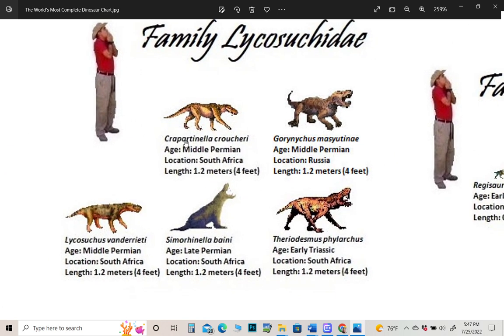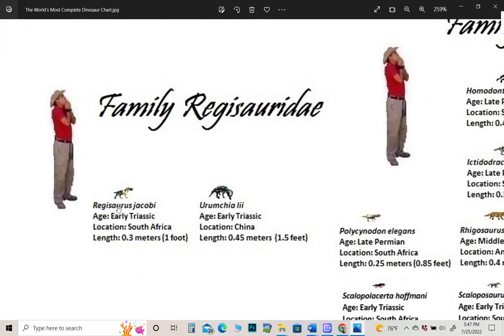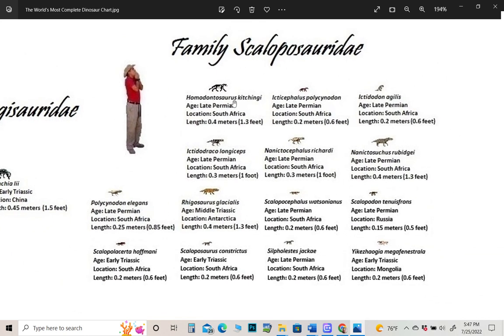Lycosuchids, Creperinella, Gorinicus, sorry. Lycosuchus, Cymorhinella, Theriodesmus, the Regisaurus, Urumchia, the Scoloposaurus, Homodontosaurus, Ichthyocephalus, Ichthyodon, Ichthyodraco, Nenictocephalus, Nenictosuchus, Polycynodon, Regosaurus, Scalopocephalus, Scalopodon, Scalopolacerta, Scaloposaurus, Sylpholestes, Yike-Zao-Gia,